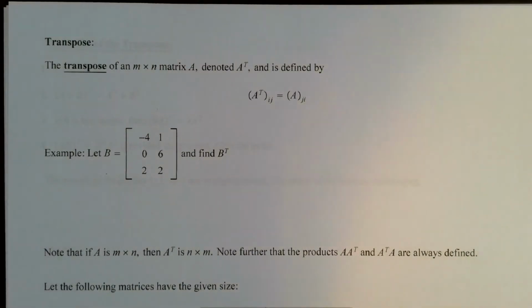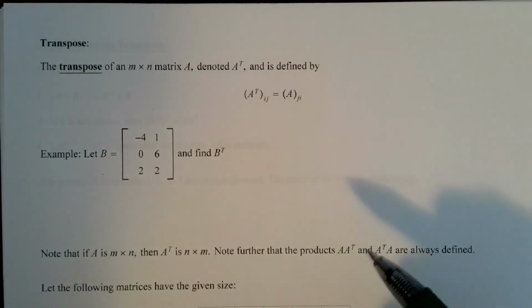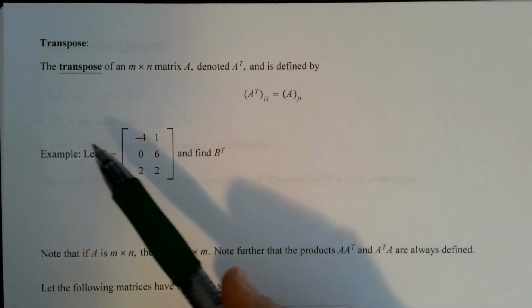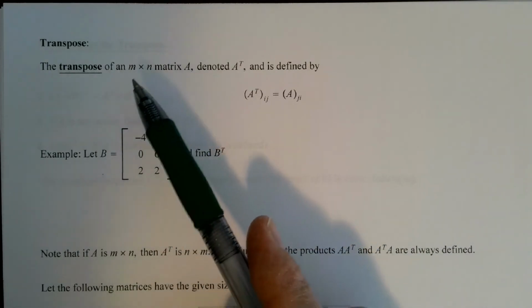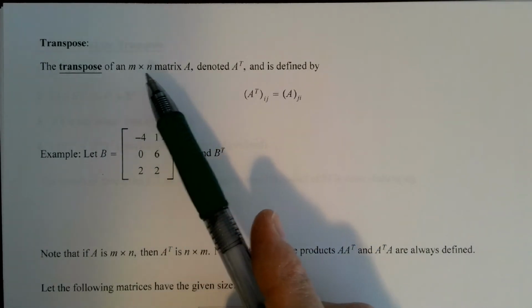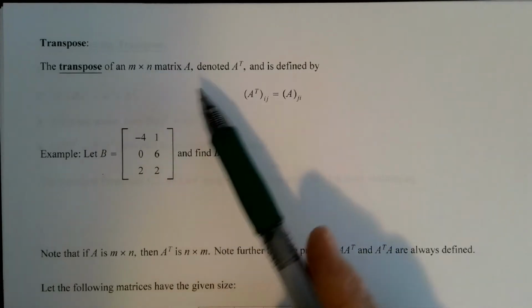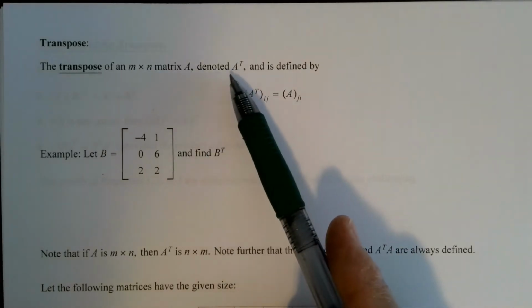Alright, so we looked at matrix multiplication in the last video. I want to talk about a real simple operation that we can do to a matrix, and that is called the transpose of the matrix. So the transpose of an m by n matrix, m rows, n columns, matrix A, is denoted A with a